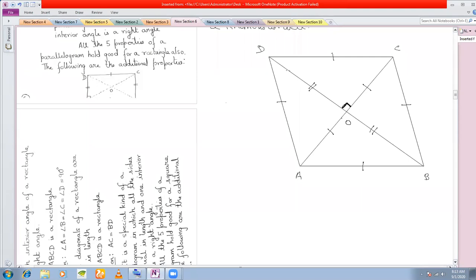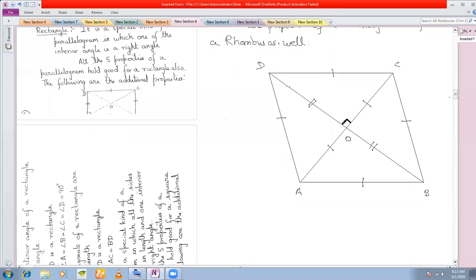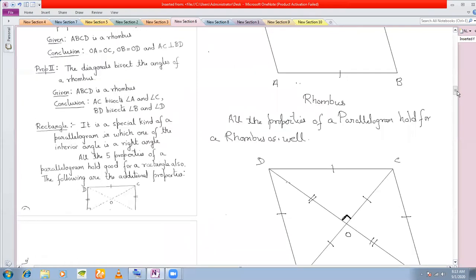Now this is a little different from your parallelogram where the diagonals were not at 90 degree angles with each other. In parallelogram, the diagonals are not at 90 degree angles, but in case of a rhombus, the diagonals are at 90 degree angles. Okay, so this is what this property means. Given a rhombus, I can see that the diagonals are perpendicular to each other and also they bisect each other. Or in short, you can say that the diagonals are perpendicular bisectors of each other.